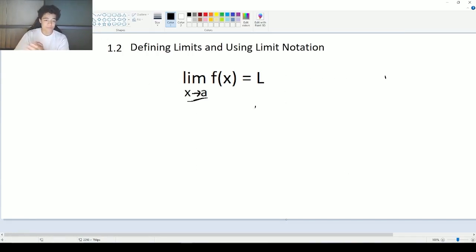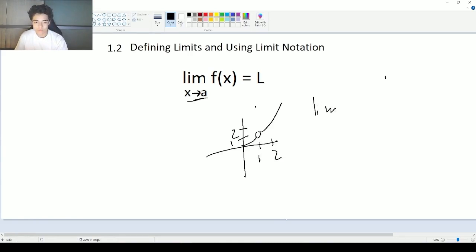What's different though is if you have a function, except there's a hole right here, and it keeps going. Let's say this is 1 now. Let's say it's not the same function. This will be 1, this will be 2. If you look at the limit as x approaches 1 of f of x, it doesn't matter that there's not a real point here,